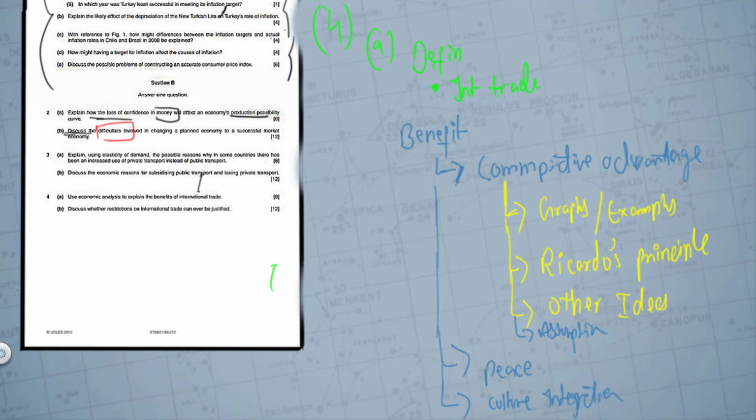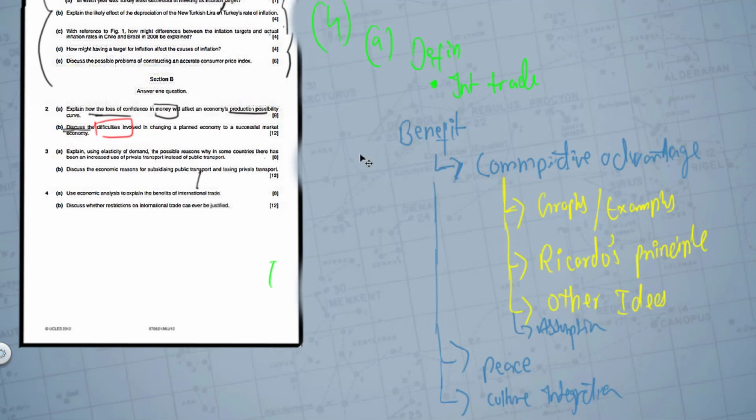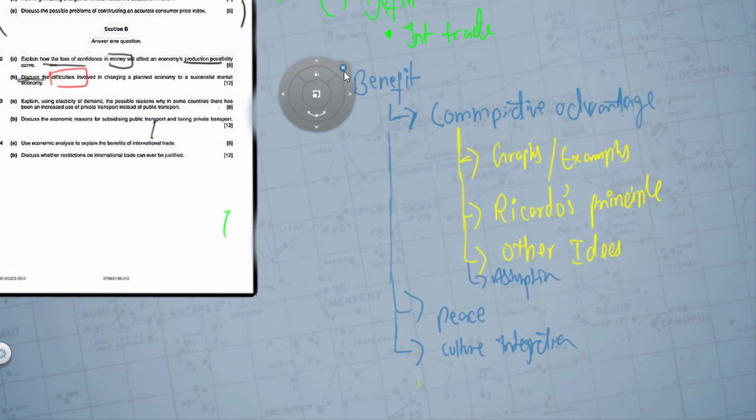Now let's move on to the final question, question number 4. Question number 4 says: use economic analysis to explain the benefits of international trade. Again, the first thing to do is define your terms given in the question. The only term mentioned in your question is international trade, so briefly explain what international trade is all about, and then you can move on to explaining